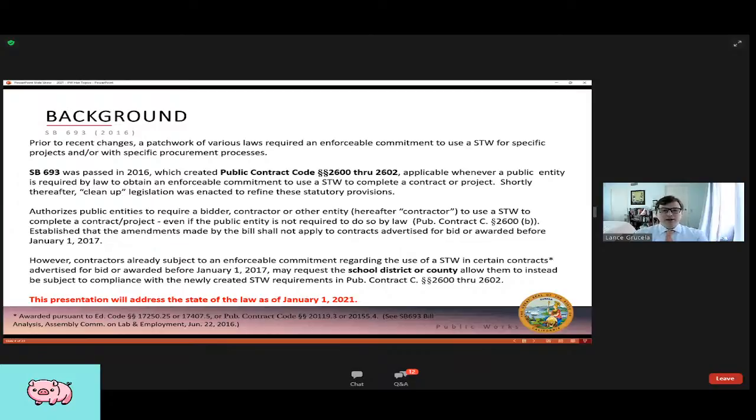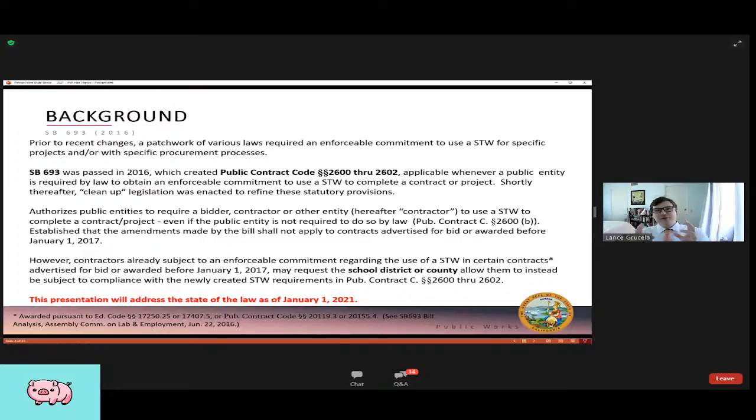They are detailed. So in 2016, what happened was SB 693 was passed. And so you had all these statutes everywhere that said use a skilled and trained workforce. And everyone said, well, what does that even mean? So finally, we got a definition. And it created Public Contracts Code section 2600 through 2602. There are now more sections there that apply, but this was the beginning of that,